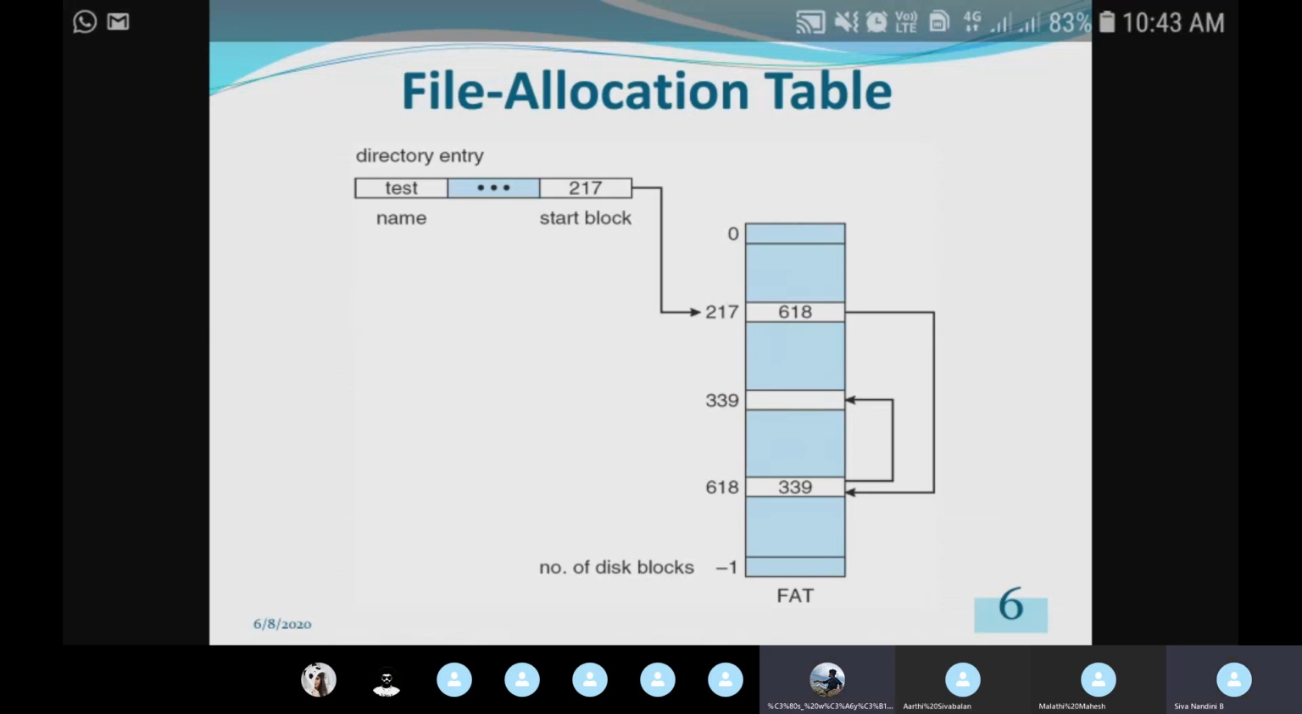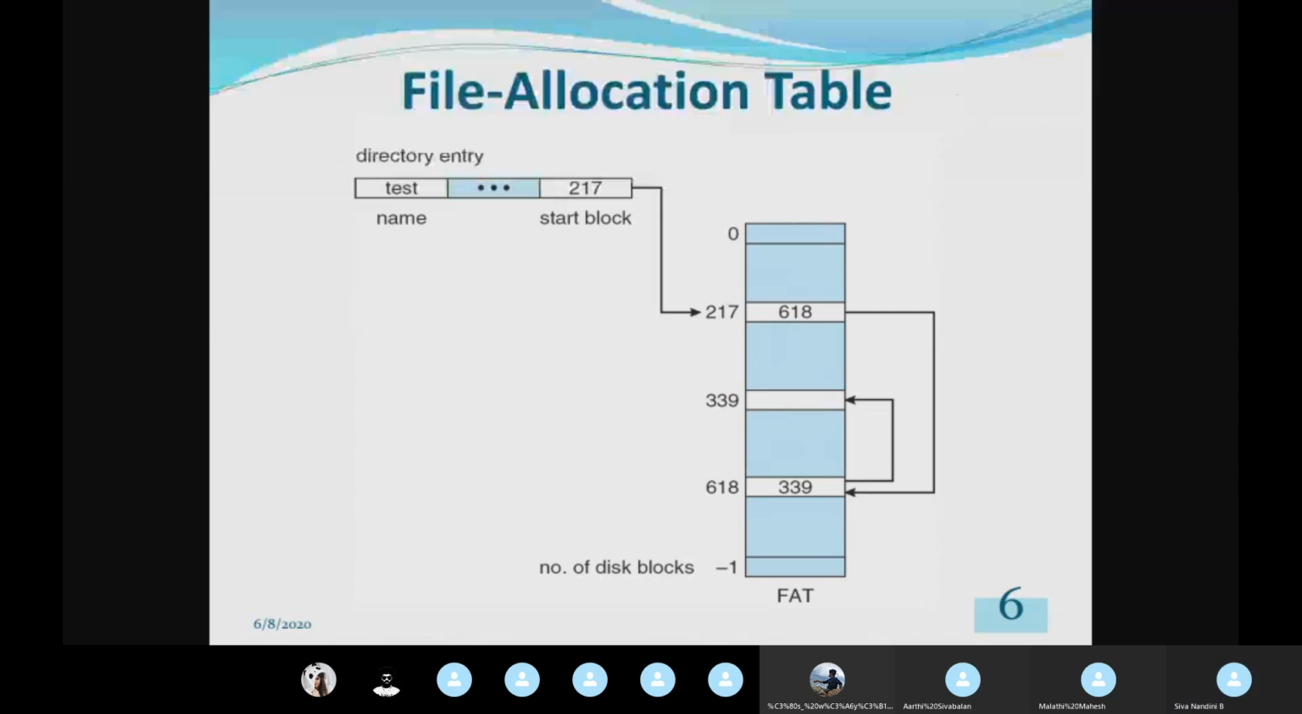Ma'am. Yes, can you say about this file allocation table? Ma'am, that...